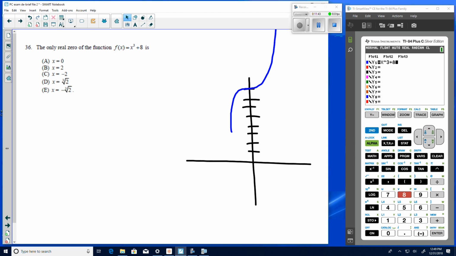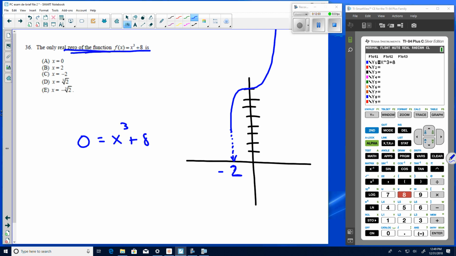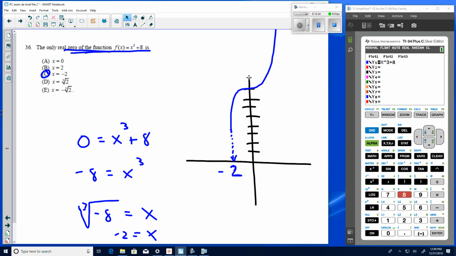And so again, zero of the function is the same as the x-intercept. So where does this hit down here? I don't show it on my graph. It does hit at -2. We know that. You can also, instead of the real zero of the function, remember that's the solution to this equation, x cubed plus 8. So take 8 from both sides and raise both sides to the 1/3 power. So that's the cube root of -8. And that's -2. Okay. Pretty straightforward problem if you understand zeros of a function, x-intercepts of a graph, solutions to an equation equal